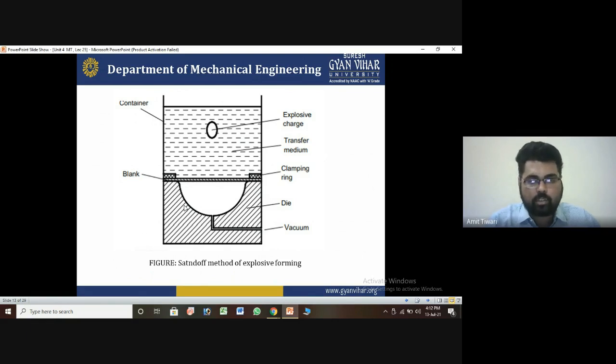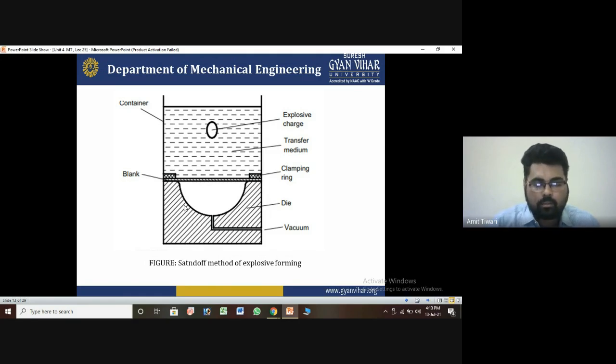So these are some structures provided for the standoff method of explosive forming in the diagram you can see here. It is used in practice, and it is very popular nowadays, because it is easy to work with for finishing good material, or we can say a good quality surface is obtained, as well as removing impurities of the material by applying this. You can drop the container, and this chemical reaction will be explosive here, and it produces a large amount of finishing, and roughness will be reduced by this. And these are some good techniques which we have adopted.